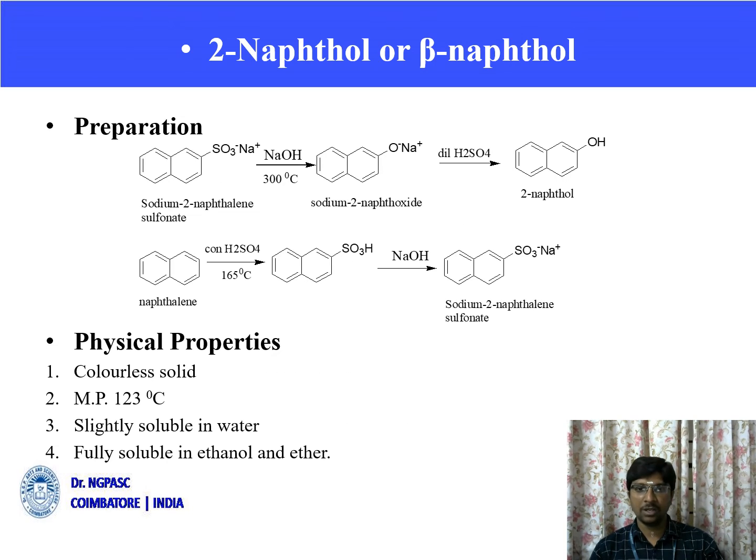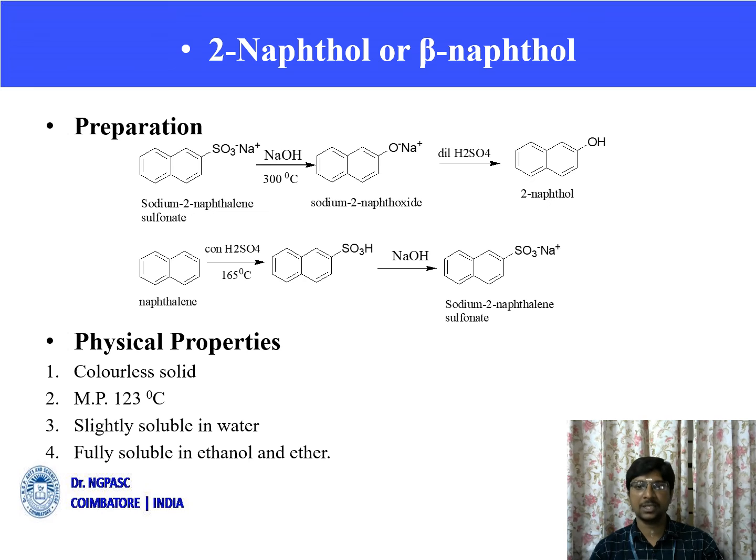And the second one, 2-naphthol. The another name of 2-naphthol is beta-naphthol. So the same thing, we prepared the 1-naphthol from sodium naphthalene sulfonate compound. The same reactant, but one change is there. In the case of 1-naphthol, we are taking sodium 1-naphthalene sulfonate, but here to prepare the 2-naphthol compound, we are taking sodium 2-naphthalene sulfonate,